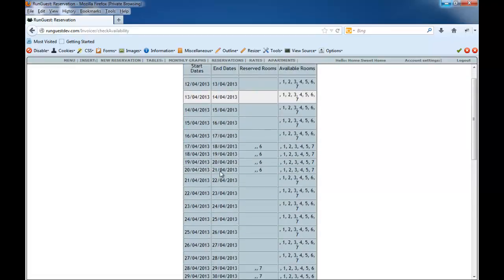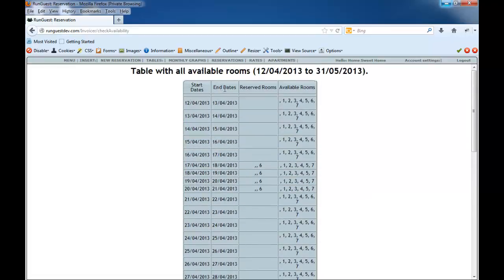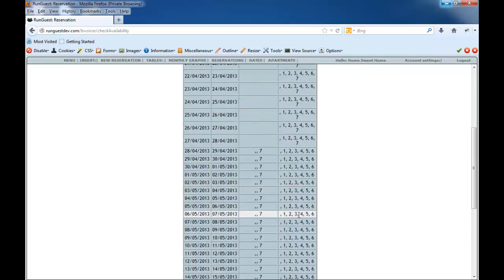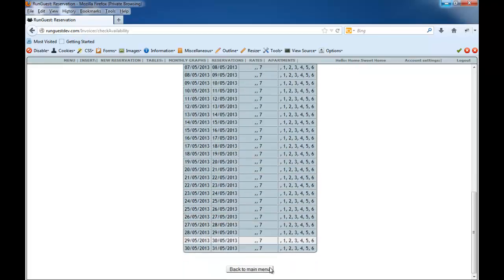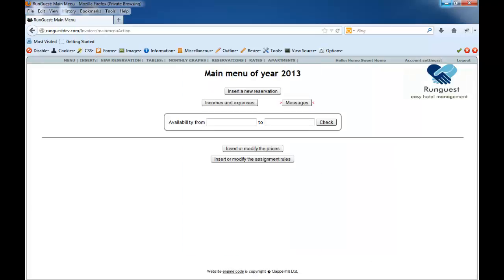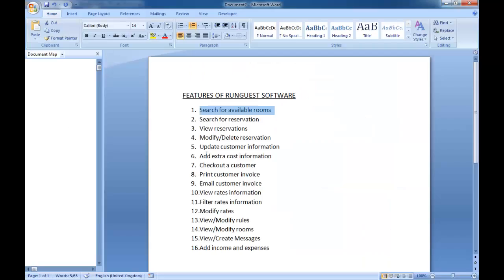As we can see on the first row, that's start date, end date, reserved rooms, so the rooms reserved, and available rooms. The available rooms are all these ones. So that's it for that. So we can go back to the main menu. We'll pick the second